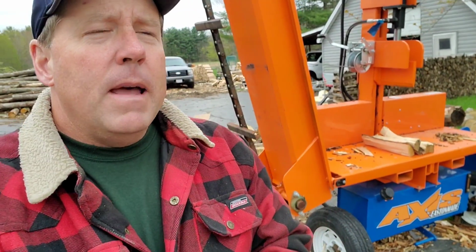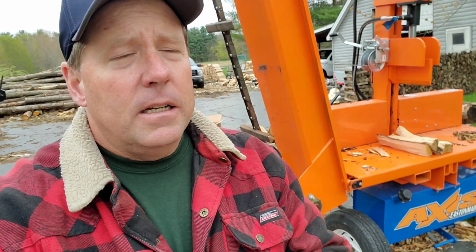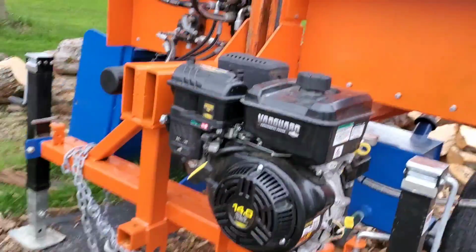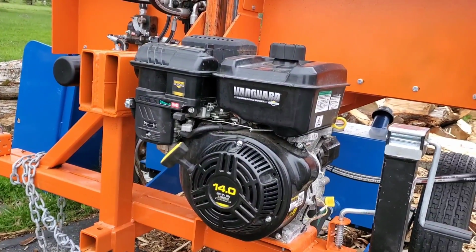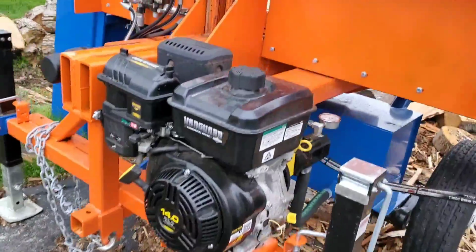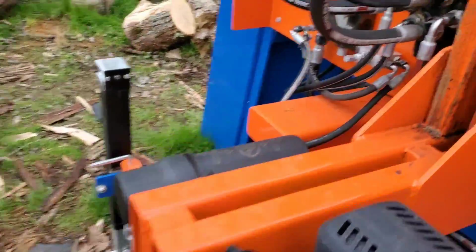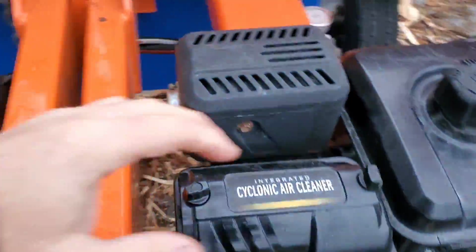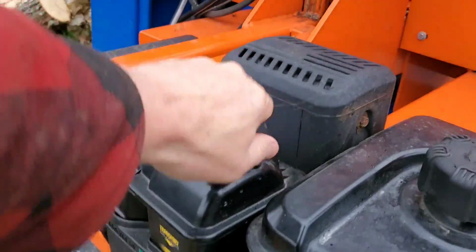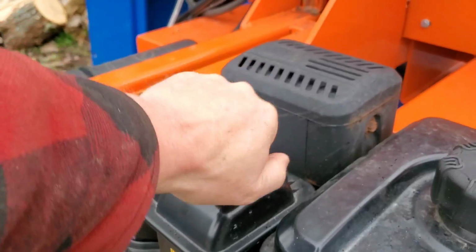But I went ahead and started looking into it because I thought, maybe this isn't bad gas and there's something else wrong. So I just wanted to show you what I found. I will turn the camera around. This is a Briggs & Stratton Vanguard 14 horsepower. It's a one-cylinder engine. It's a pull start. So when it started acting up, I thought, let me just start looking into it. And the first thing I did was I took off the air filter,